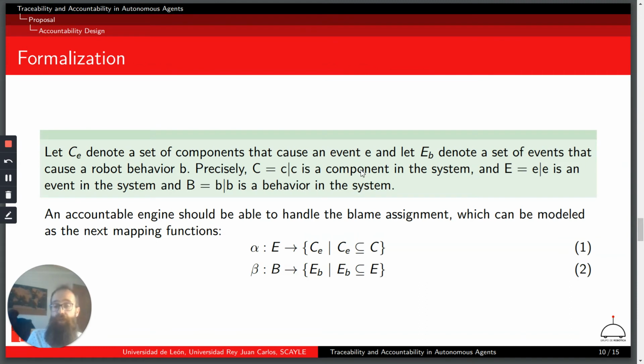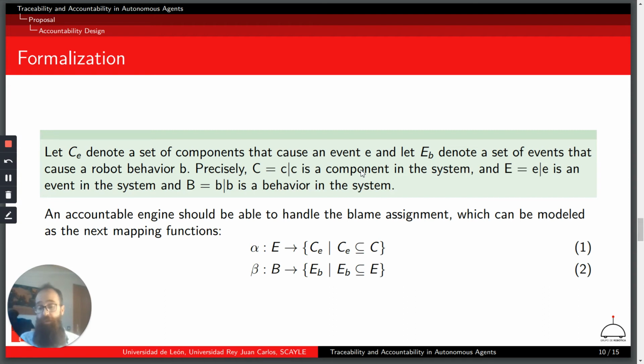In the paper, you will find a formalization of this approach in order to explain why an event is happening, why a behavior is happening, what is the relation between them, and also what we call the perfect mapping. It means if there is a perfect match between all the software components and the robot behavior, or just the correct mapping. Okay, but it means that we have most of the components, but we are not able to say in which moment it happens.